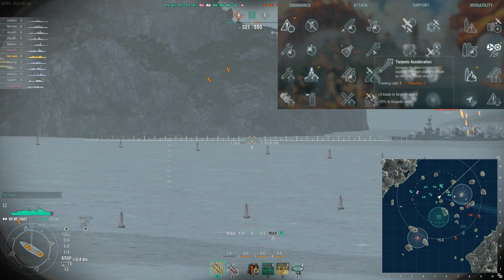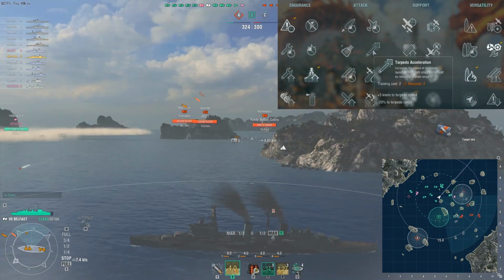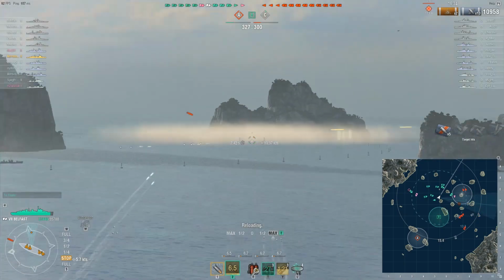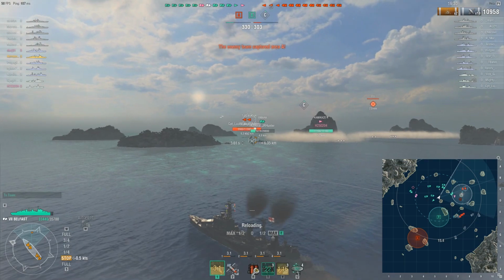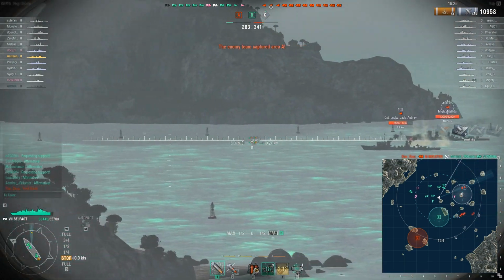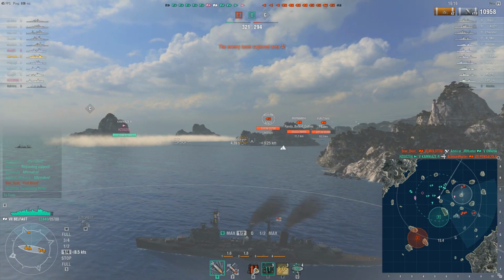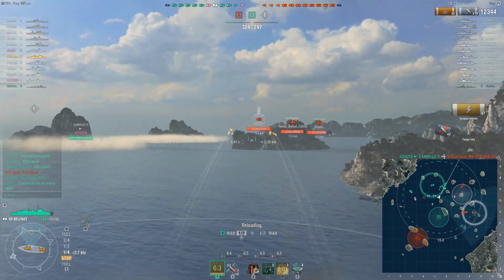Next skill, Torpedo Acceleration. Plus 5 knots to torpedo speed and minus 20% to torpedo range. Now, this is a skill that you should always take on a carrier if your carrier has torpedo bombers. And I think the only ship you don't have torpedo bombers on is the Saipan if you go for the very, very terrible build that I don't recommend going. So this skill is something I would always take on a carrier,